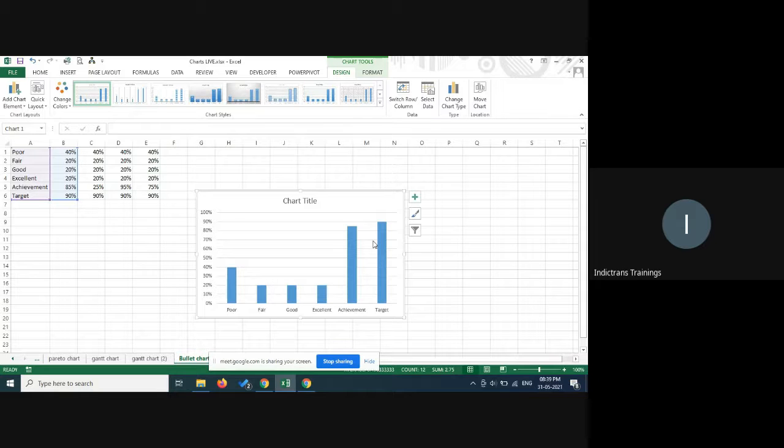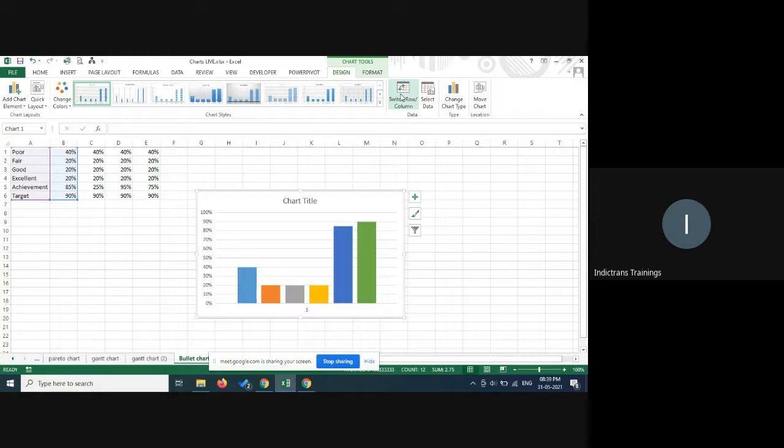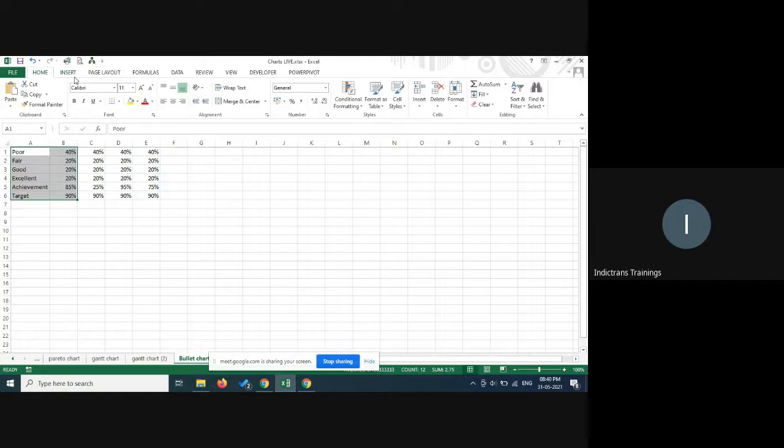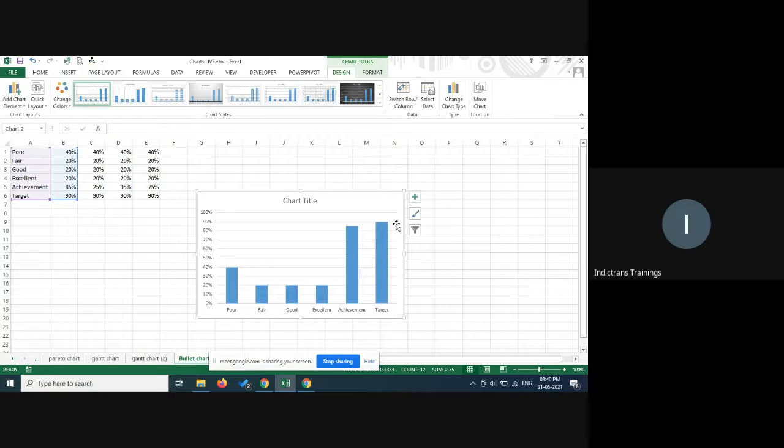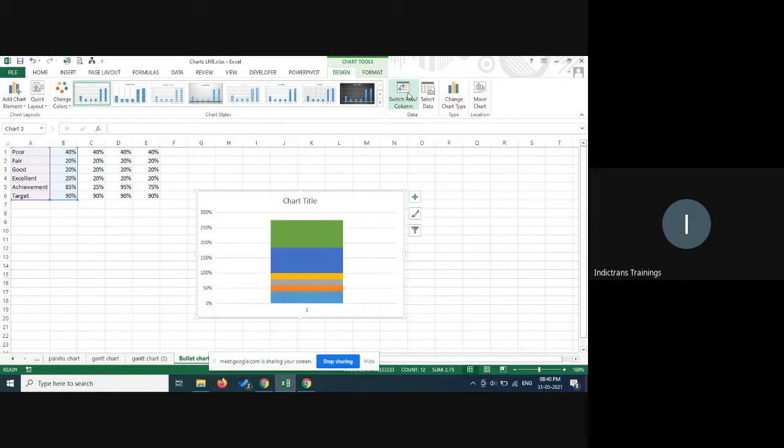Now we'll do a very interesting thing. We'll switch row column. So once we do a switch row column, oops, we didn't get this. Okay, I'm sorry. I should not have done cluster chart. I should do a stacked column. So the stacked column will look similar right now. But when you do a switch row column, it looks something like this. Either we could take stacked column or stacked bar. Just the orientation will change. And I just do the switch row column. Okay, so that is what I have done.